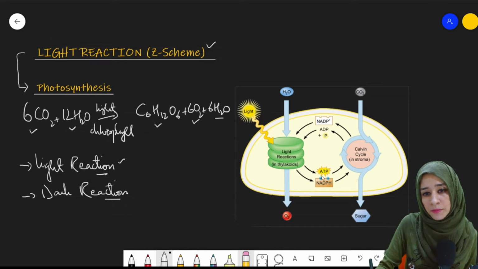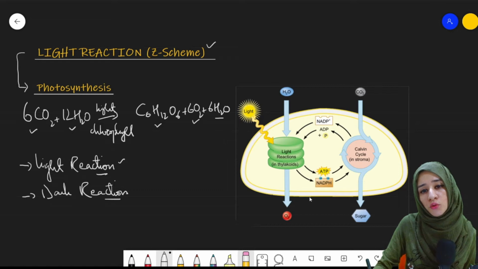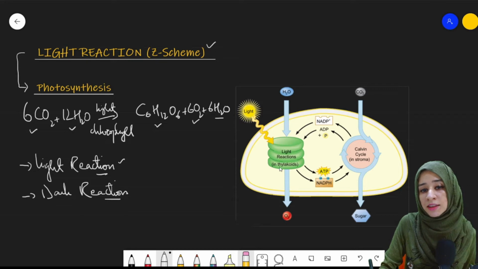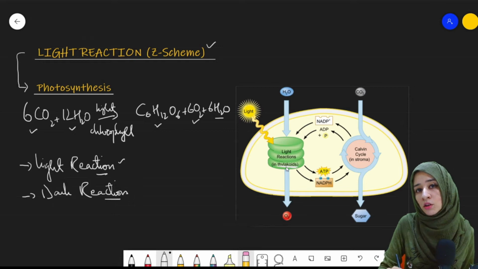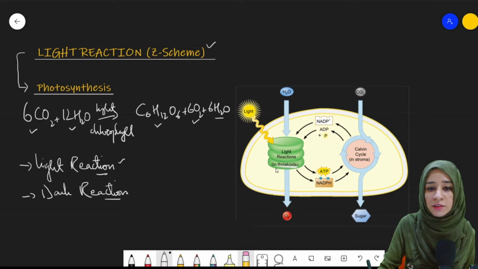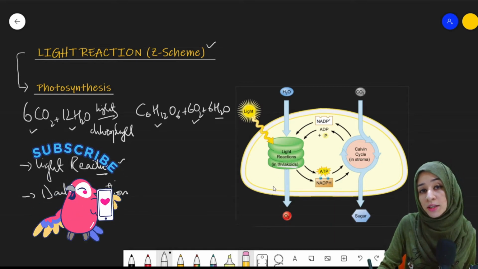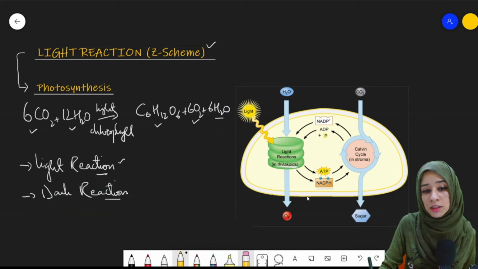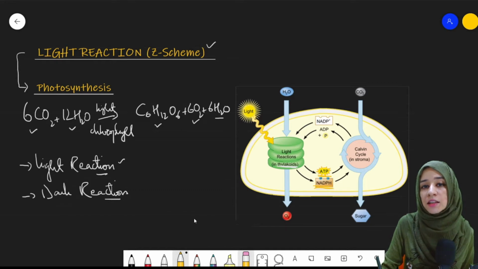You can see from the diagram, this is basically the whole process of photosynthesis. Because of the presence of light, as the name indicates, light reaction, sunlight will be there, right? The light reaction occurs in the thylakoid membrane of the chloroplast, where chlorophyll is a pigment within the chloroplast. And what is the purpose of the light reaction? The purpose of the light reaction is to produce these high energy molecules, ATP and NADPH.